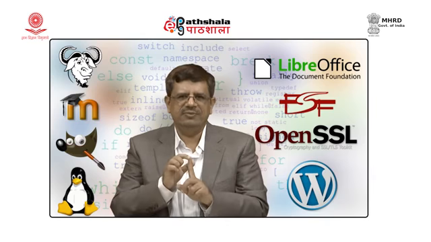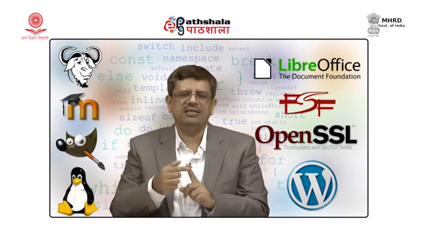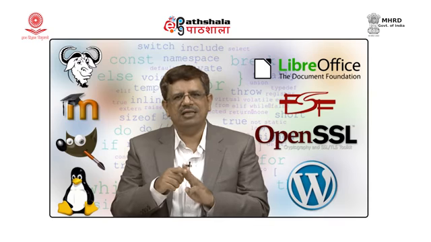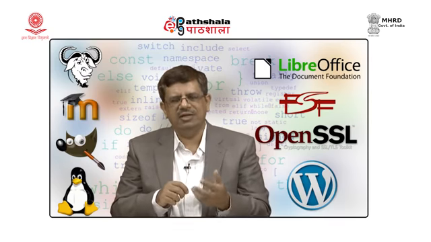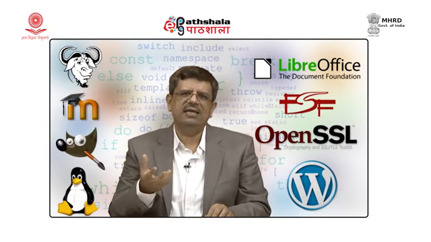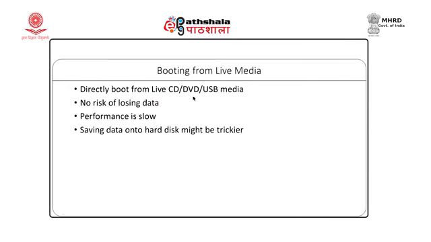So, the first technique is bare metal, usually preferred for standalone systems. Another technique is dual boot. The third technique is using live media, maybe CD or DVD. So, let us see how we use live media, and we can install or run Linux from that media. Generally, CDs or DVDs come with bootable Linux, or we can also prepare our pen drive such that it becomes bootable. So, our Linux can be booted from CD, DVD, or from a pen drive.